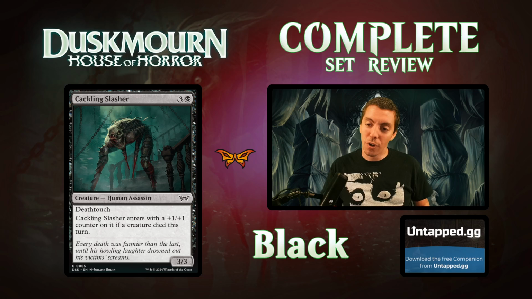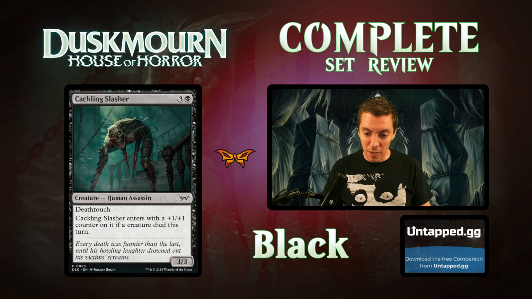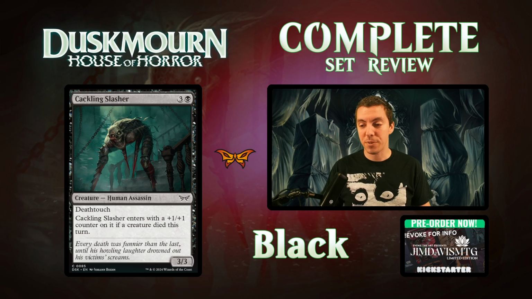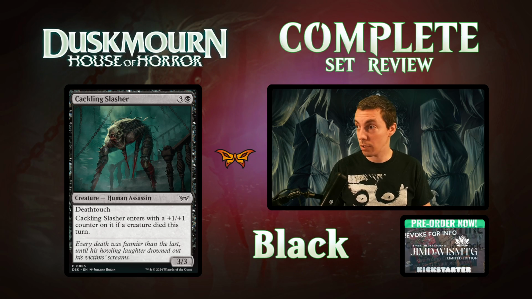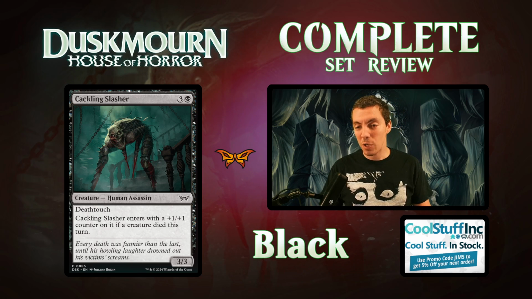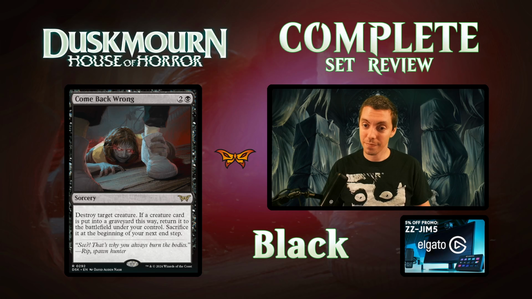Cackling Slasher, another sort of ho-hum limited card. 4 mana for a 3/3 Deathtouch. It enters with a counter on it if a creature died this turn. These sort of 3/3 into a 4/4 drops tend to be pretty bad, because you have to hit the condition to make this card reasonable. If it's a 4/4 Deathtouch for 4, that's pretty good, but it's not going to happen all the time. And the floor is pretty low. I think a 3/3 Deathtouch for 4 is not particularly good. So limited filler, not really that exciting, honestly. Is what it is. It has Morbid technically too, but...